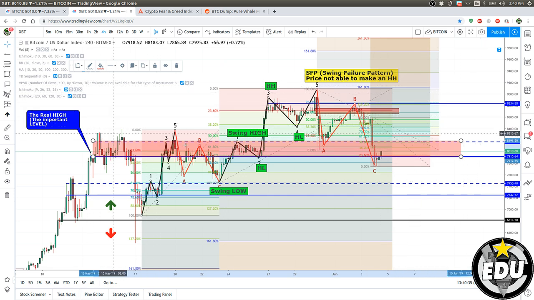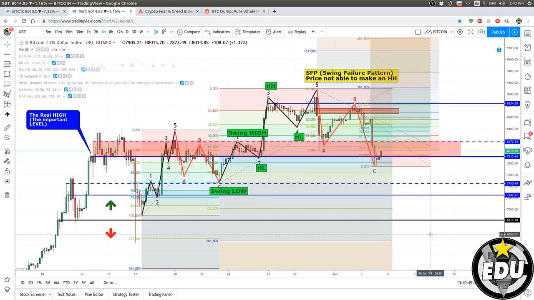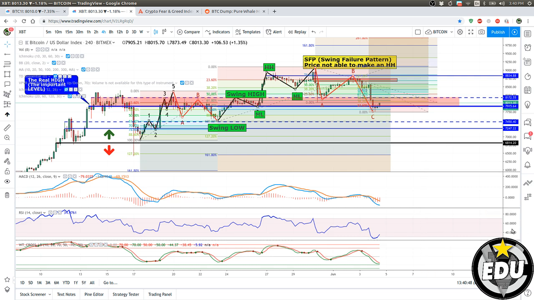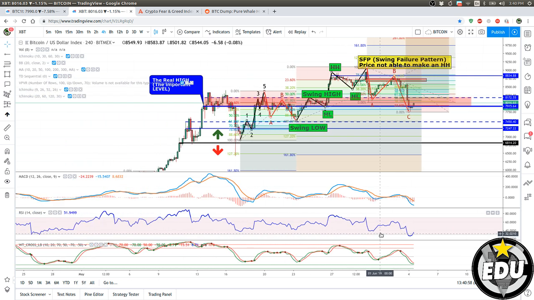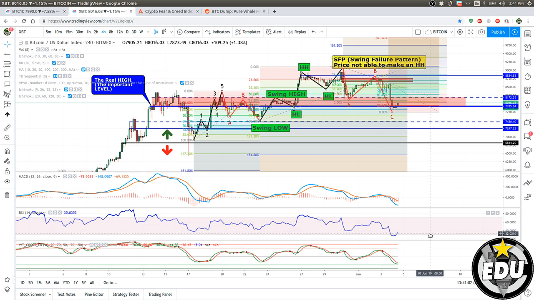Anyways, talking about 4 hour, we talked a lot about it. What else can I see? The 17th Fibonacci could be a bullish. Let's check oscillators. Well, oscillators actually drop all the way down, so that's another bullish indicator. RSI reached the oversold area on the 4 hour, and that can cause a spike up.